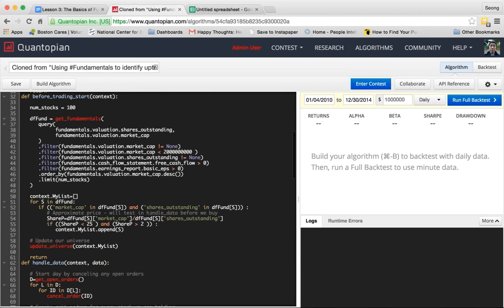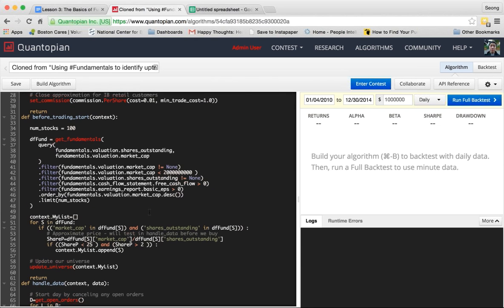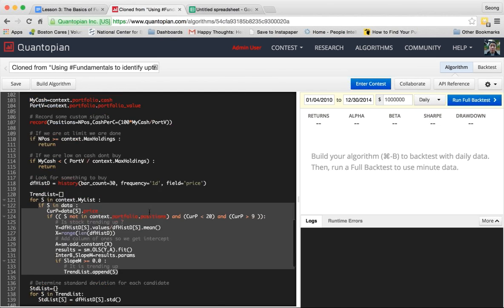So he started off by narrowing down his initial universe instead of doing something like set universe, dollar volume universe, which is another built-in way to set a list of securities. He made that a lot more specific by using fundamental factors, and on top of that,